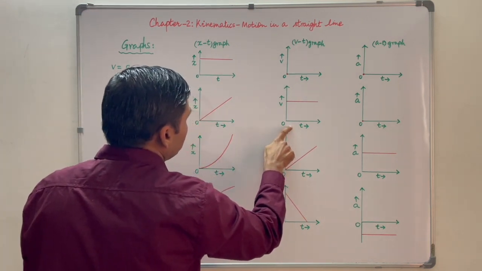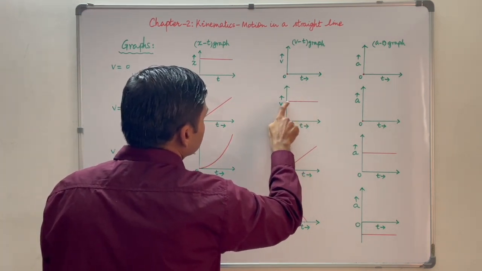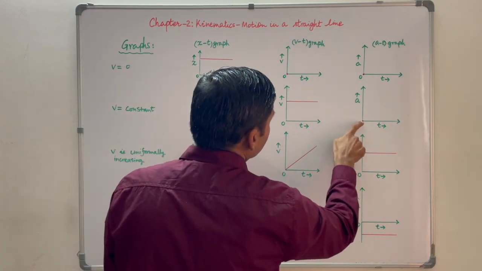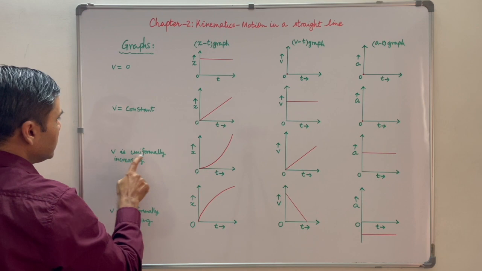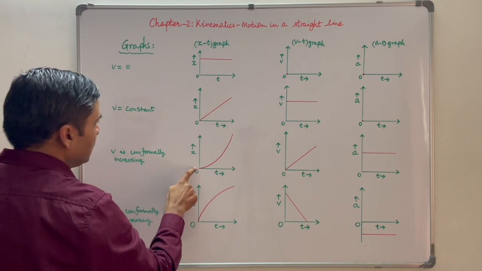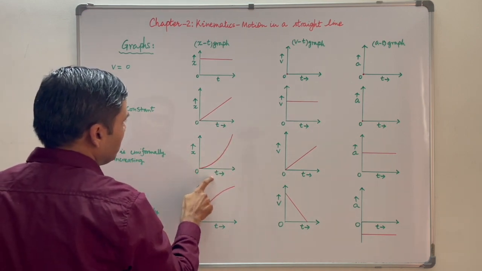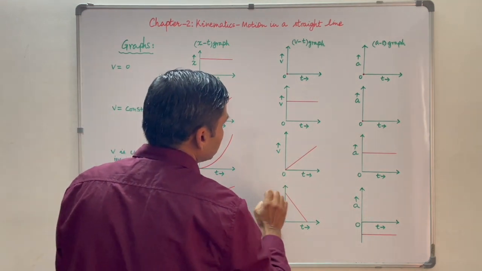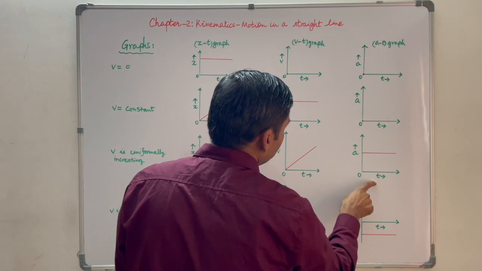And the VT graph will be like this, a straight line parallel to the x-axis, and the AT graph will be a point. When v is uniformly increasing, the XT graph will be parabolic, and the VT graph will be a straight, slanting line, and the AT graph will be,